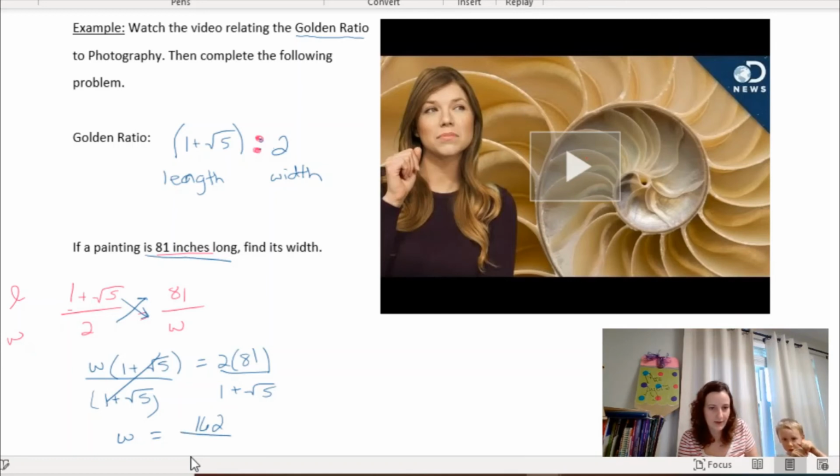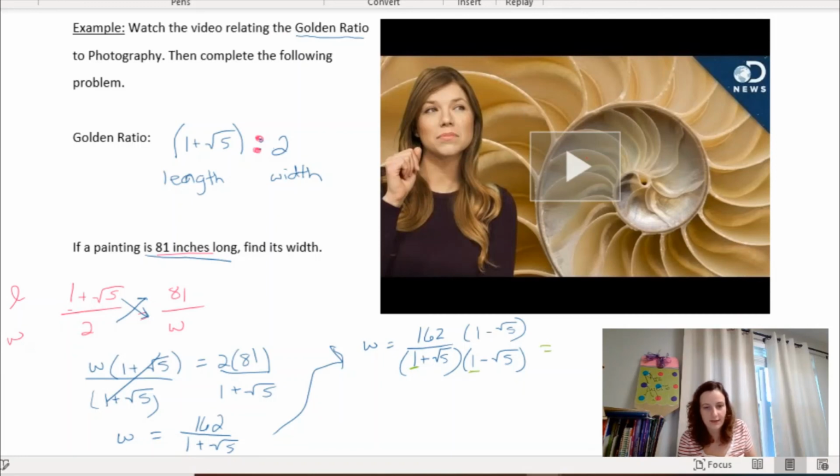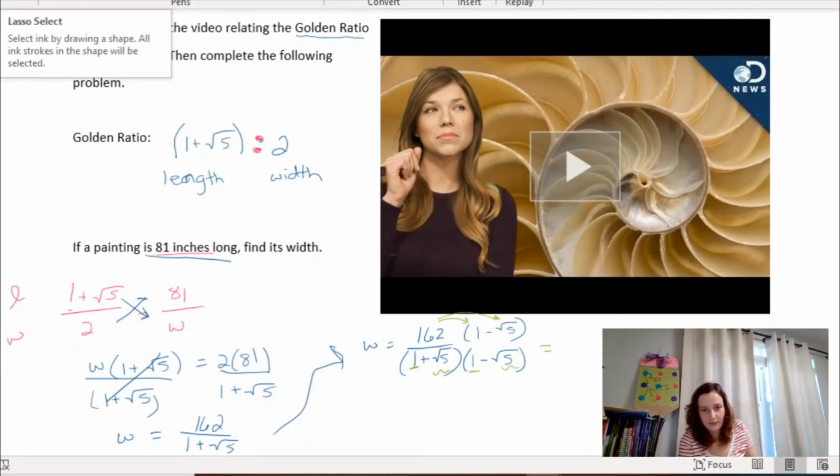162, okay, divided by 1 plus the square root of 5. Then we need to rationalize this answer, so I'm going to bring it up over here. To rationalize this w, I would then need to multiply the numerator and the denominator by the conjugate of the denominator, which is going to be 1 minus the square root of 5. And using our law that we just learned, we don't need to actually FOIL out the denominator. If I take my a piece, which is 1, and square it,